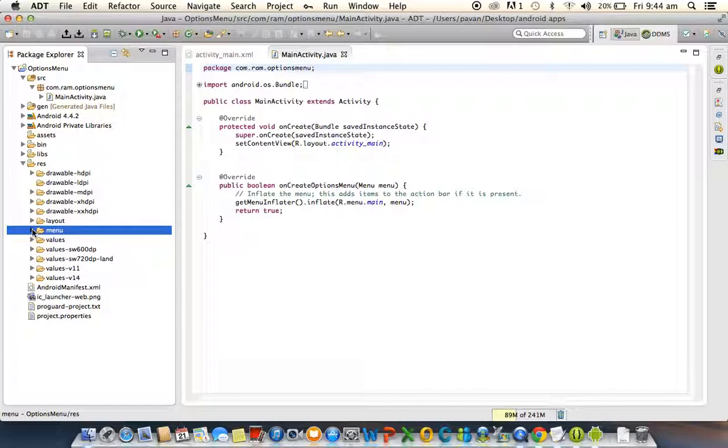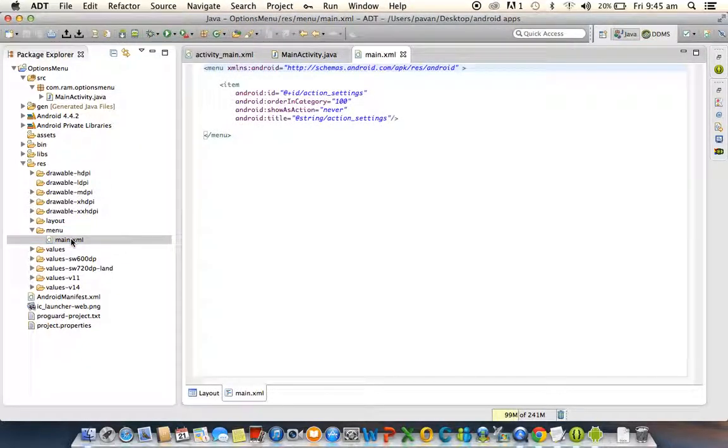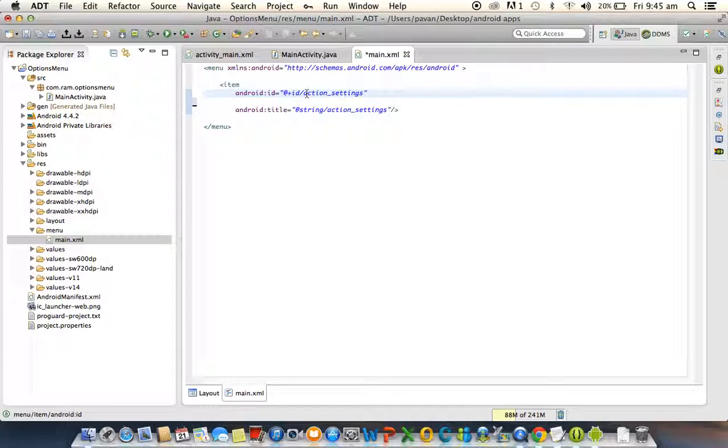So in the Android projects, you are creating the items for options. That means we are creating items for the menus under menu folder in the form of XML file only. So here by default they are generating one main.xml file for main activity. So here just we are going to keep the ID and text only. So ID is item underscore option 1. I'm creating four options, and this one is option 1.